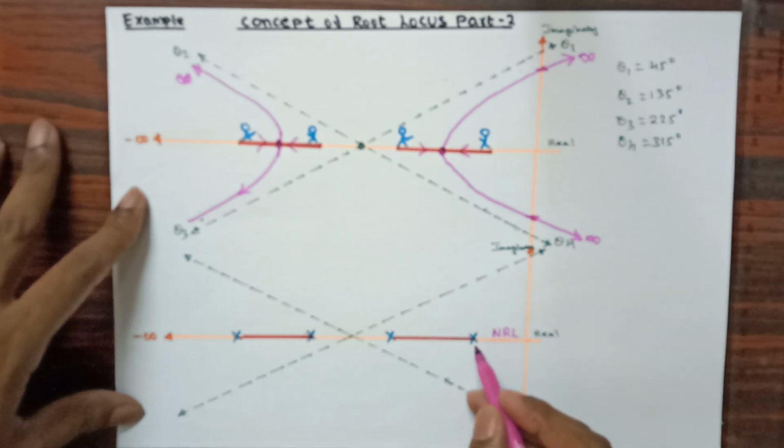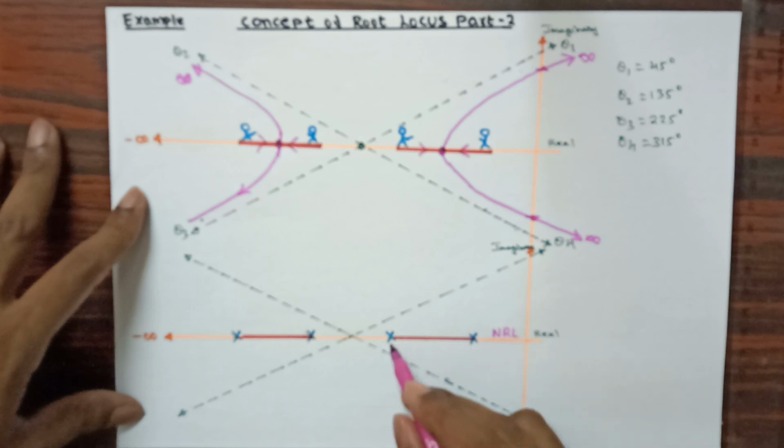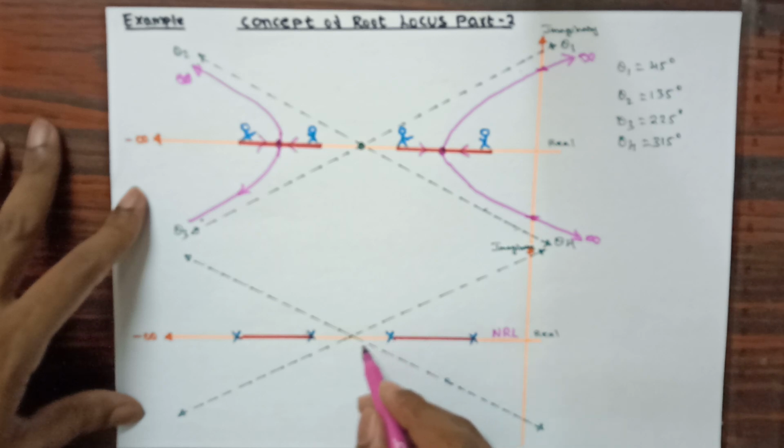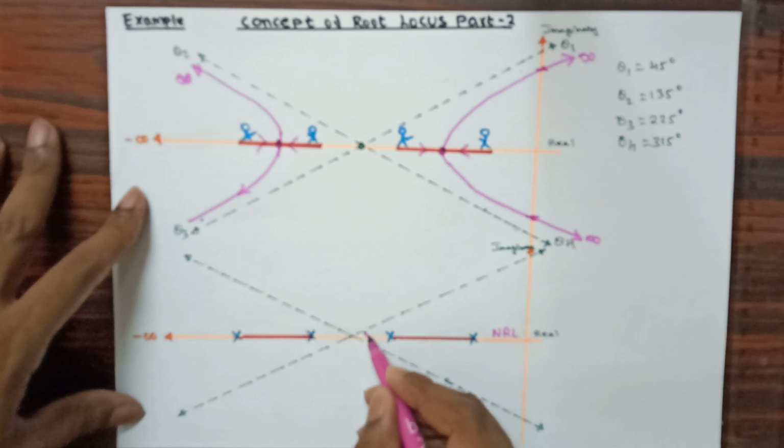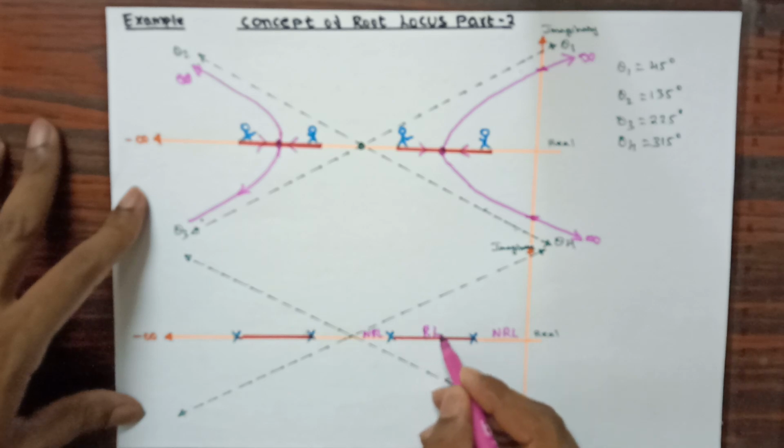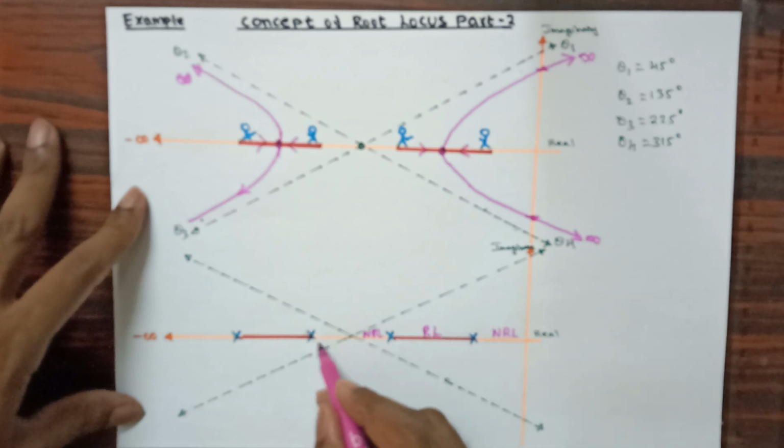Now from here onwards you can see I have got the one pole, that is count 1, and 1 is an odd. From odd count I have started to provide a root locus path till the next count. Now here the count becomes 2, that is even count. So from even count we are not providing any root locus path, and again this path will be considered no root locus path. So this is the root locus path and this is the no root locus path.